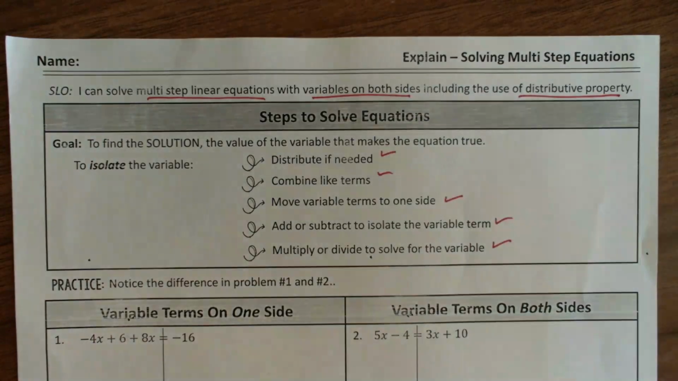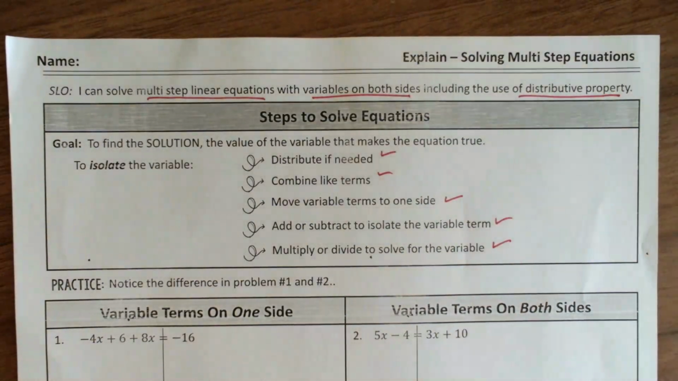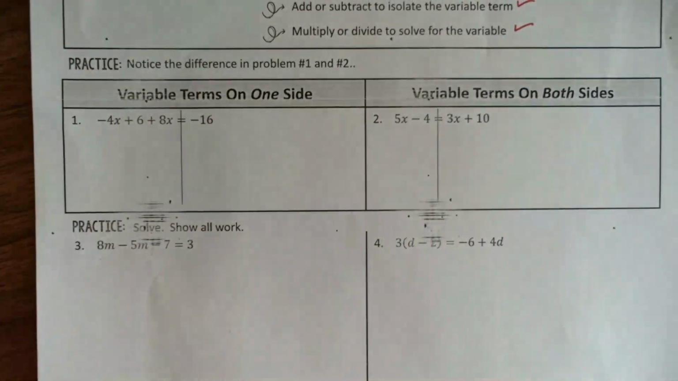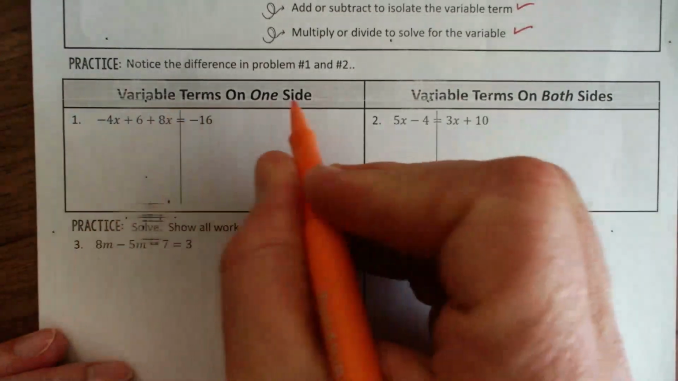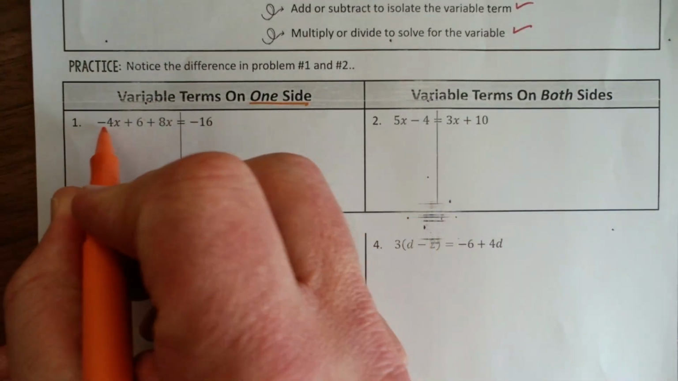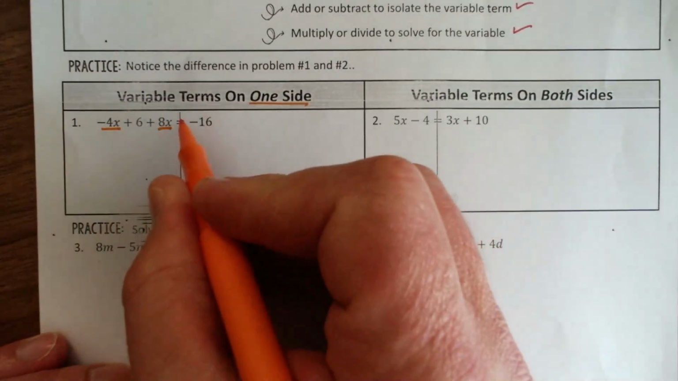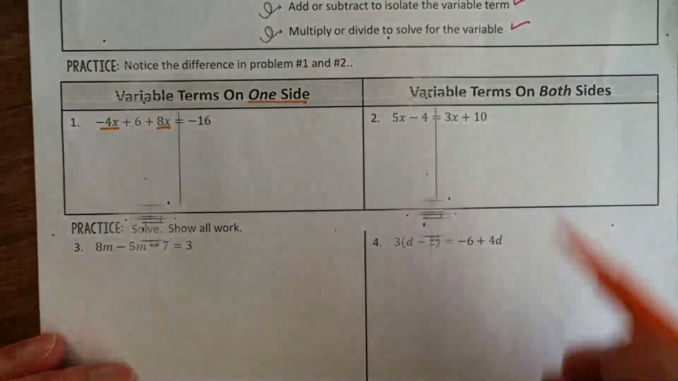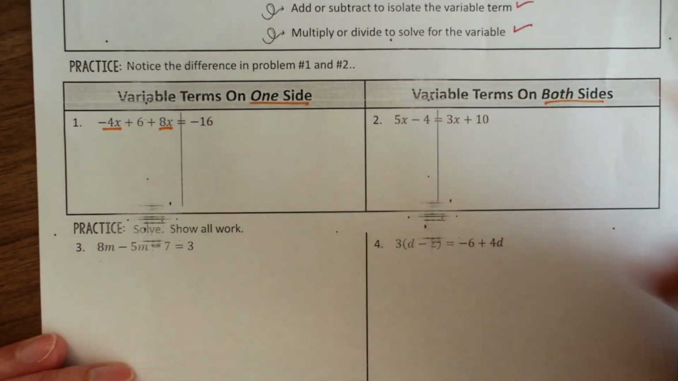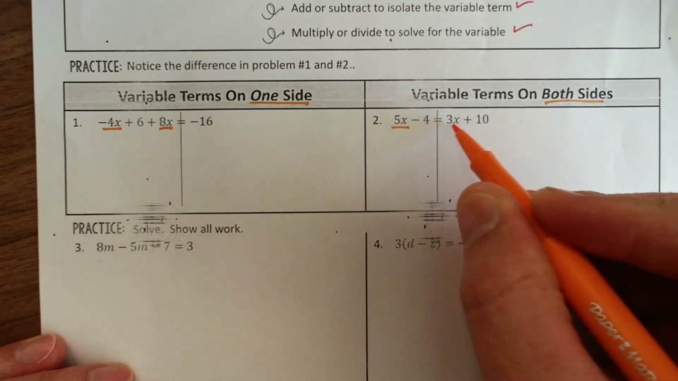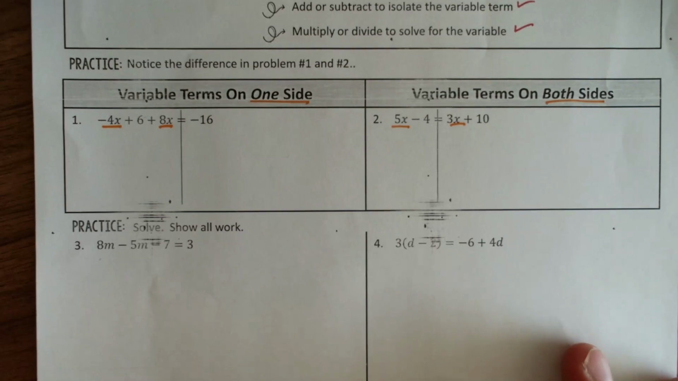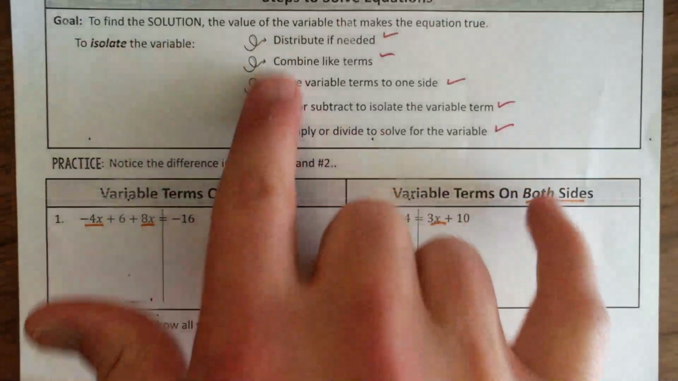So one thing that you'll notice is I'll have multiple pen colors so that way we can follow along with that. So first, let's look at the difference between problem number one and problem number two. So problem number one, variables are on one side. I have 4x here, I have 8x here. Here's my line, that barrier, and here I have no x values. Here I have variables on both sides. I have a 5x over here, I have a 3x over here. So let's go through the steps so in that way we can learn that we can solve using every single